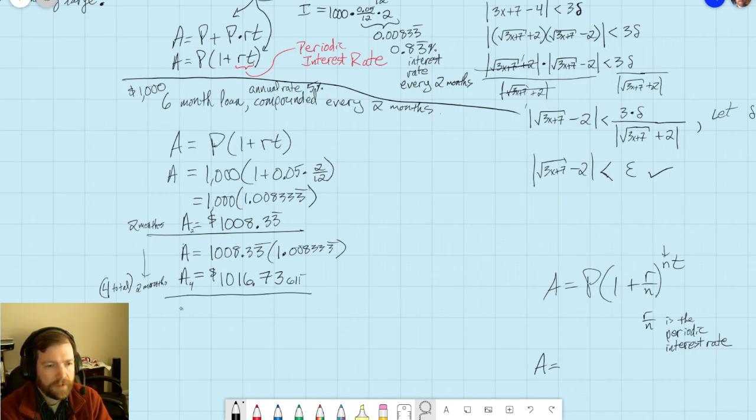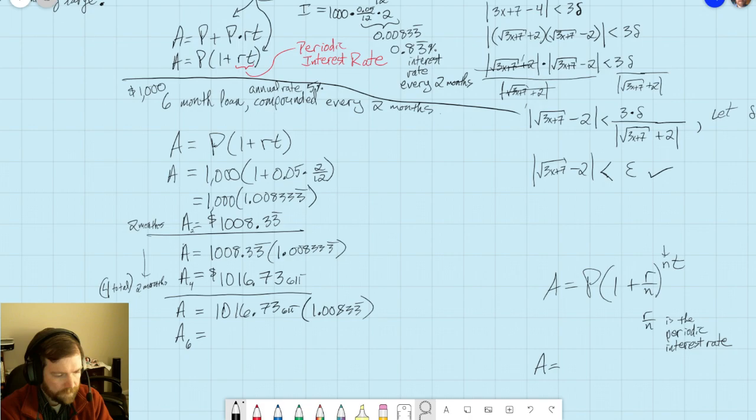Alright, and then if we want to get A6, we're going to do the same thing. So 1,016.73 with 611 on the bottom here. A6 is going to be, take that, multiply it by 1.00833 again. Oops. Okay, and we get